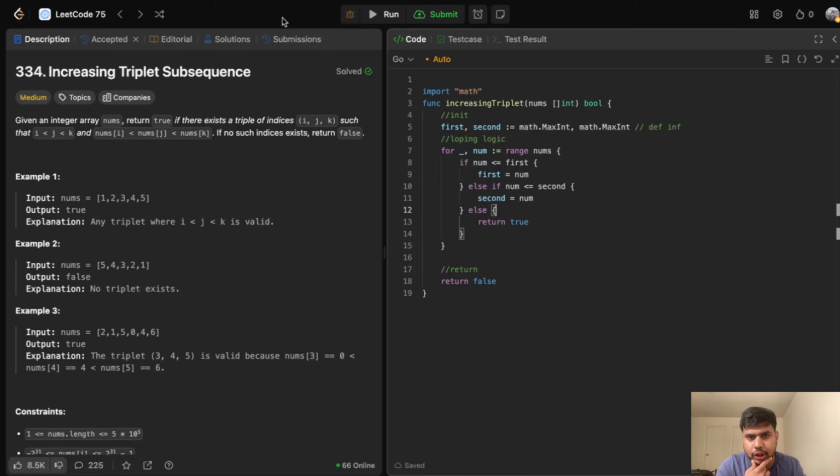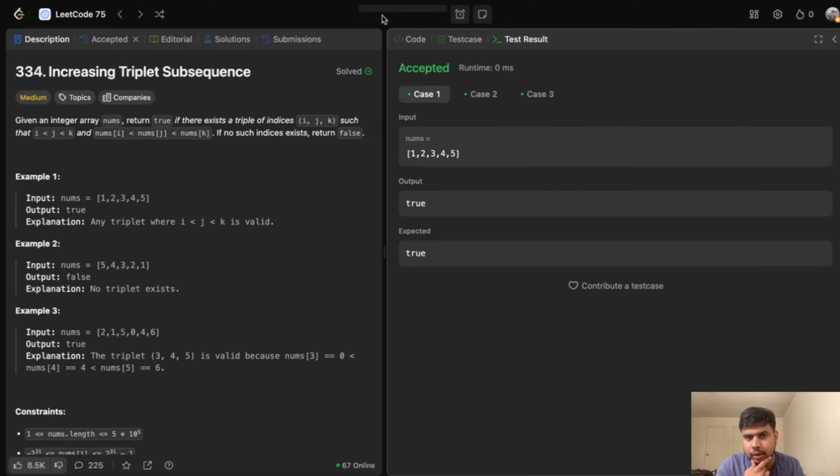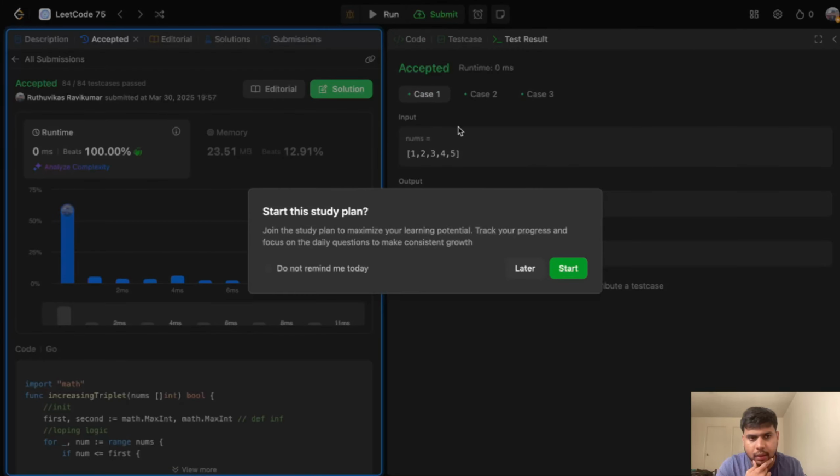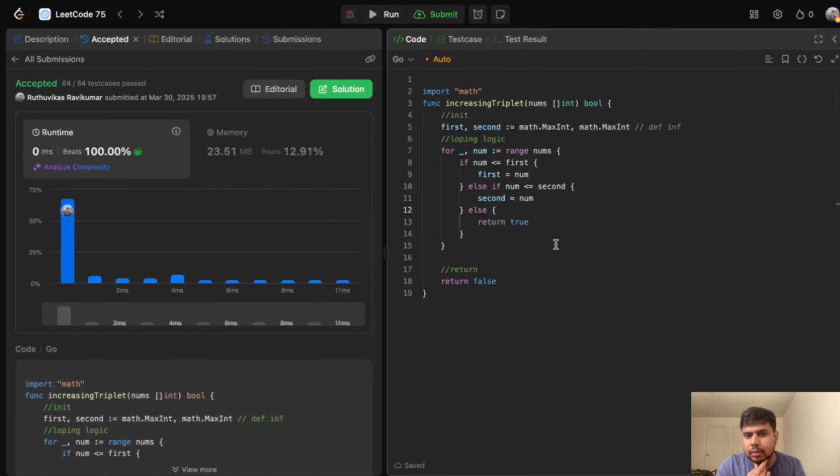Okay, let's check this. Yeah, 100% runtime. But there is one more logical thing that I wanted to explain here. Why are we doing lesser than or equal? Why not just lesser? That's an important question for you to ask yourself. Why are we doing lesser than or equal? Because